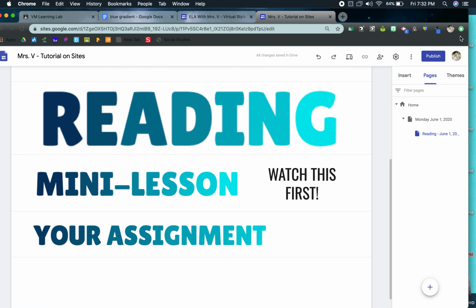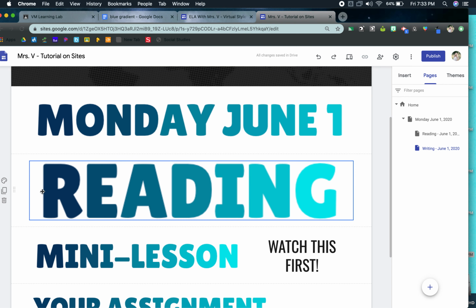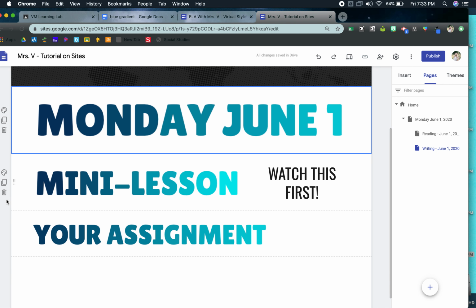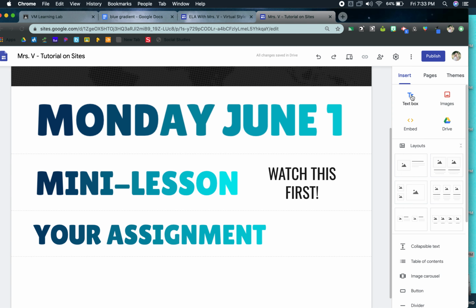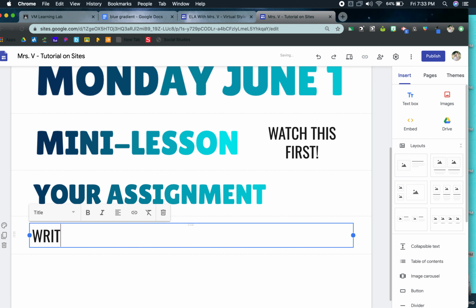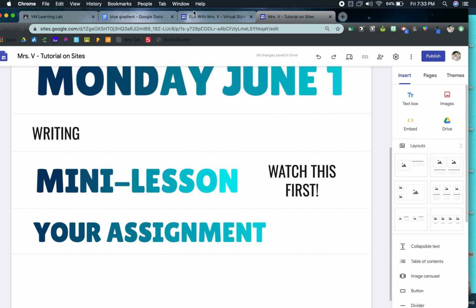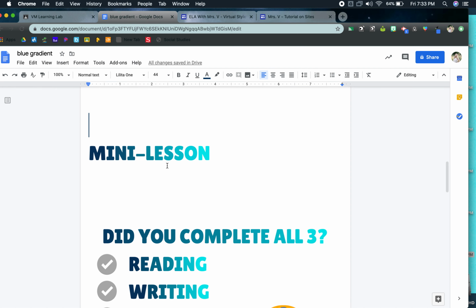So the next thing I'm going to do is I'm just going to duplicate that page. And instead of reading, I'm going to make it say, oops, not all in caps, I'm going to make it say writing. So look what happens. Now it says reading here, and I don't want it to say reading anymore, so I'm going to delete that. I could either insert a text box as a heading or as a title, right, that says writing, and I could have that there. Or I can go back over here and